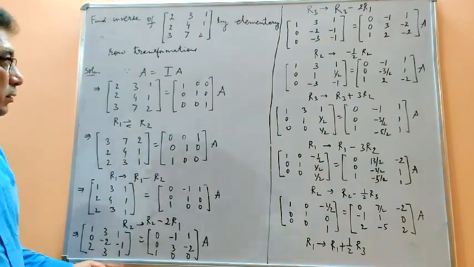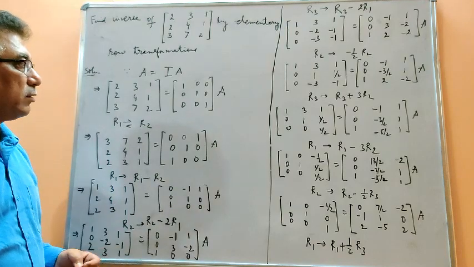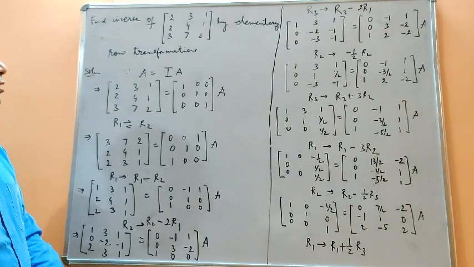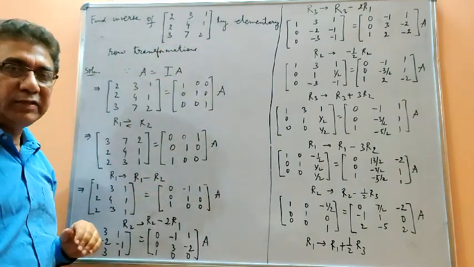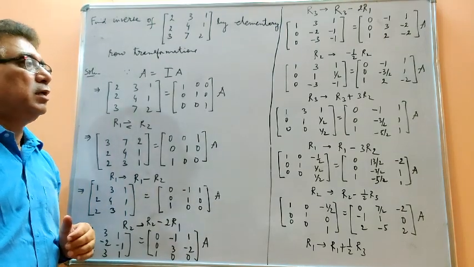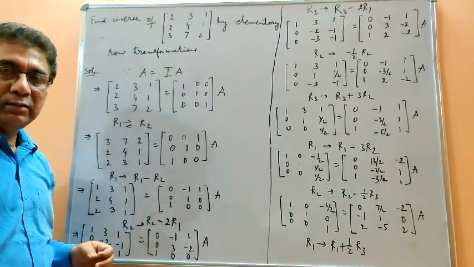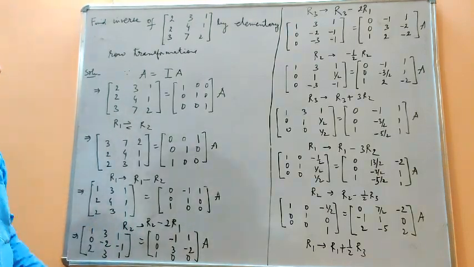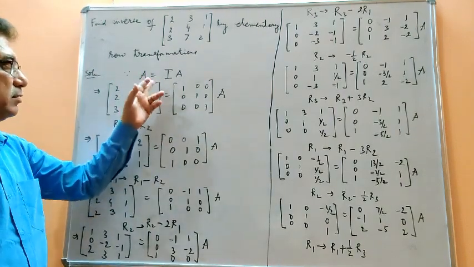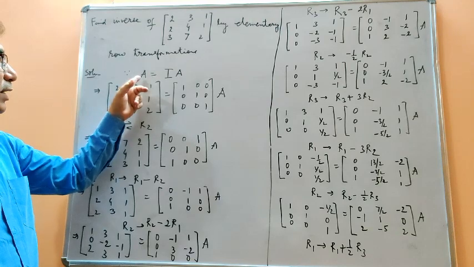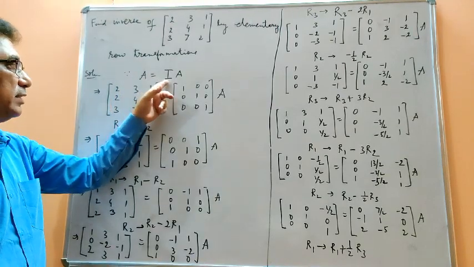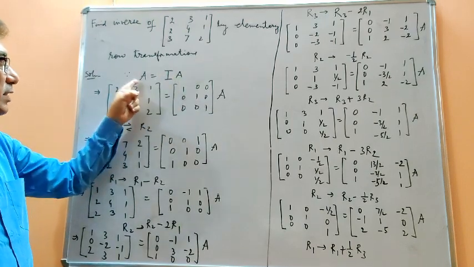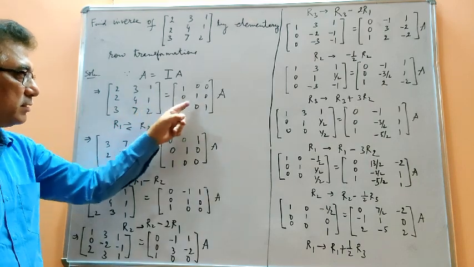Now I'm taking a question of order 3, and we have to do the same thing. We have to find the inverse of this matrix by elementary row transformations. In this case, you will find that all the 9 steps that were discussed in the algorithm will be used here, and the beginning will be as it is, as we have done with order 2 by 2. Means we have to write the given matrix as the product of the identity matrix and the given matrix, and the order of the identity matrix will be the same as that of A. That's why I have written the identity matrix of order 3.